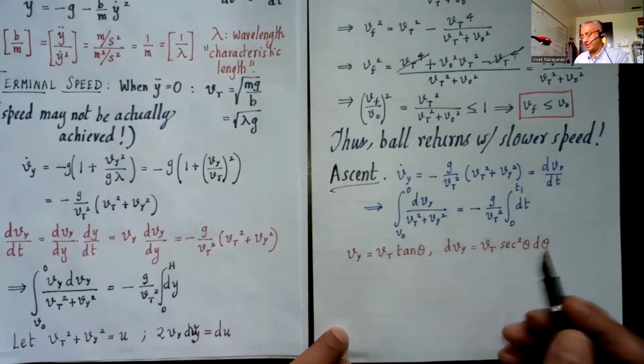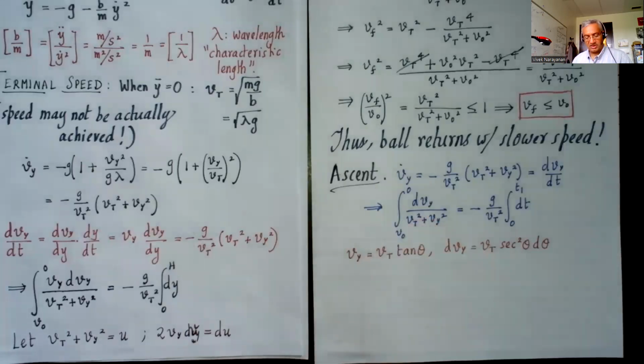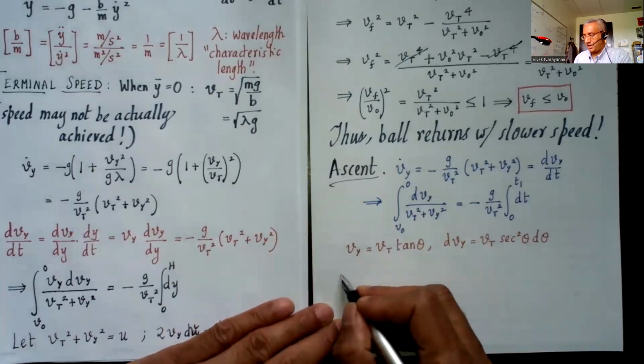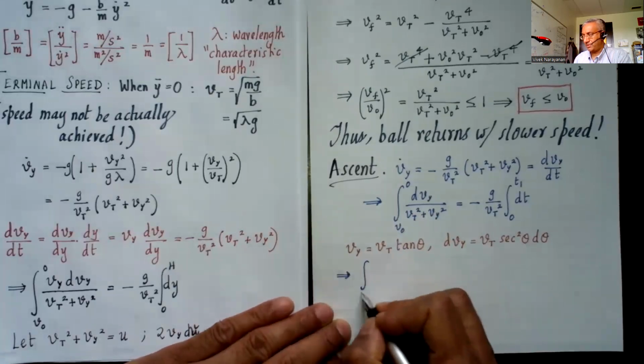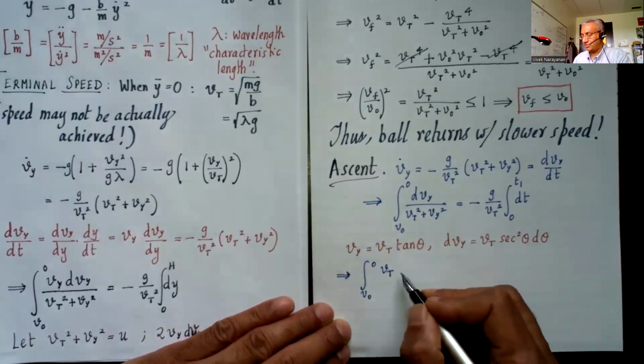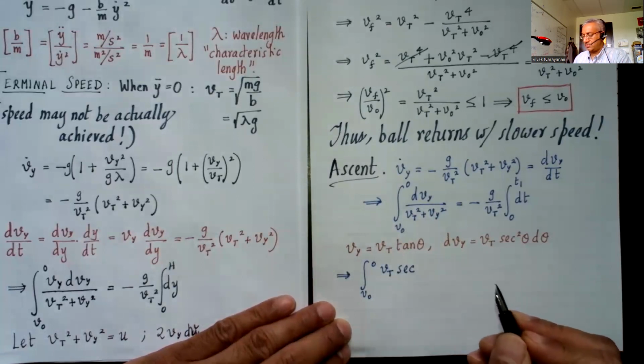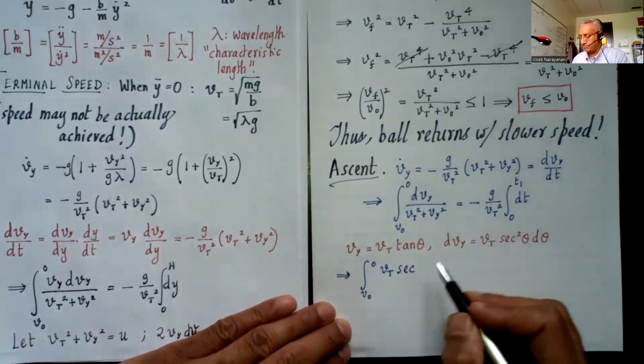I'll do the integral and then go back to the original variables and then put the limits. So I end up getting the integral from V naught to 0, Vt times secant squared theta d theta,